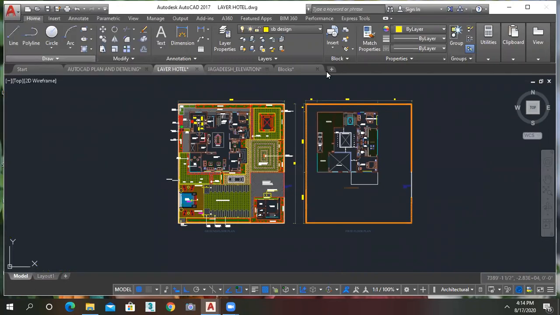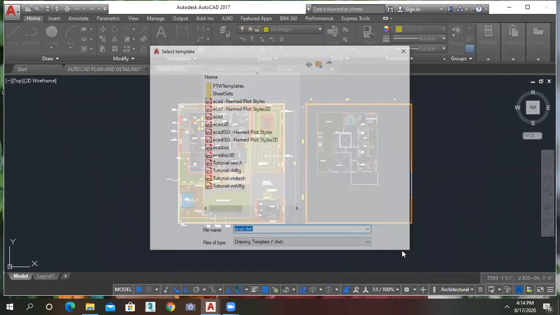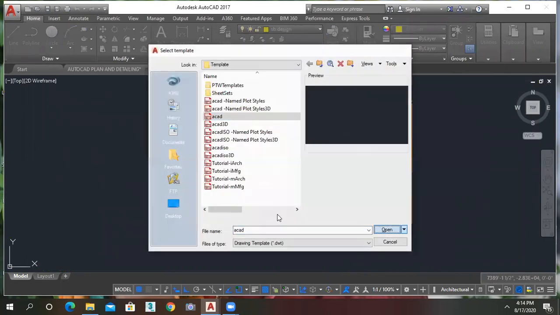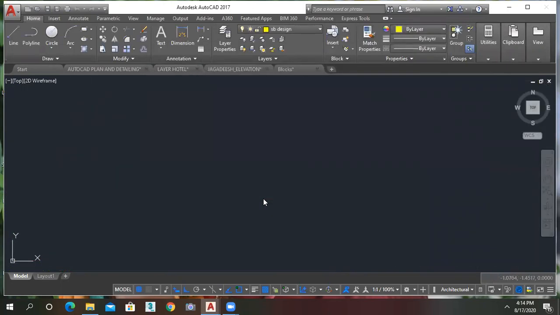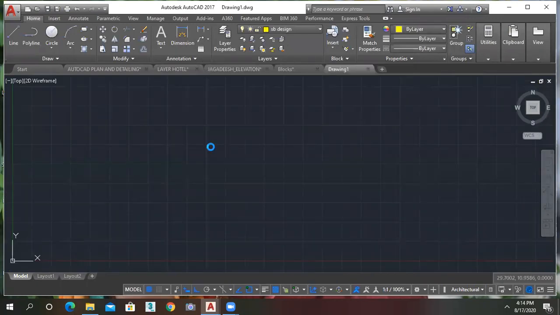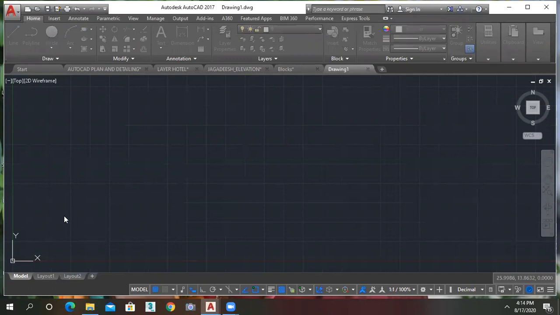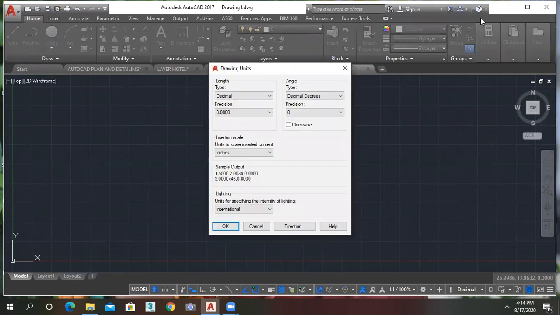Just take a new page and set the units, by typing the shortcut key. Do you all want meters, or feet and inches?